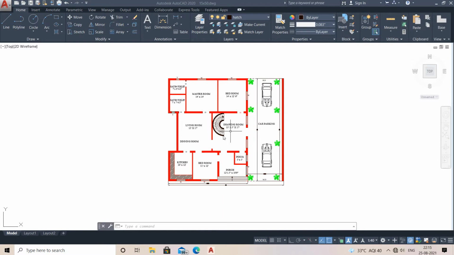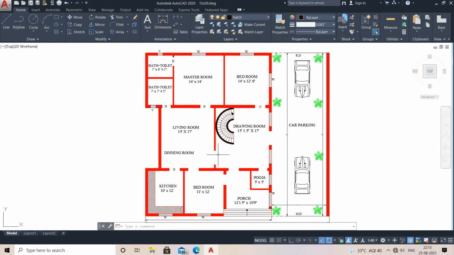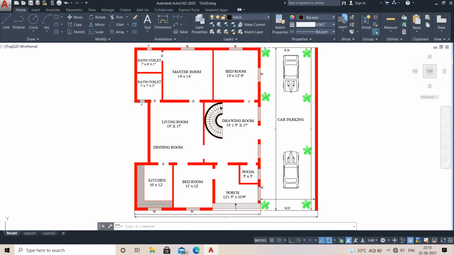So today I have come in front of you with a new tutorial. In this tutorial I'm going to tell you how to draw this type of floor plan in your AutoCAD,